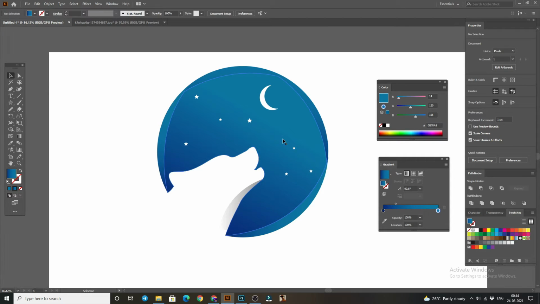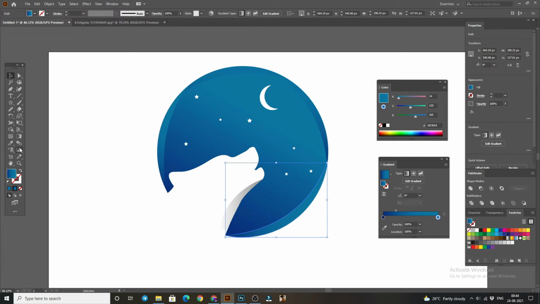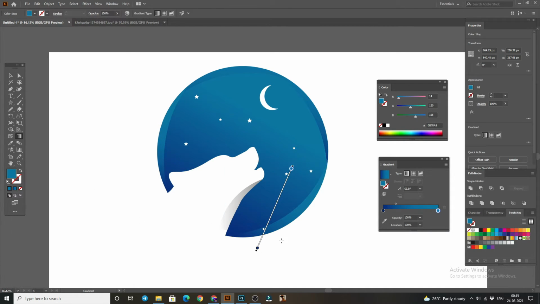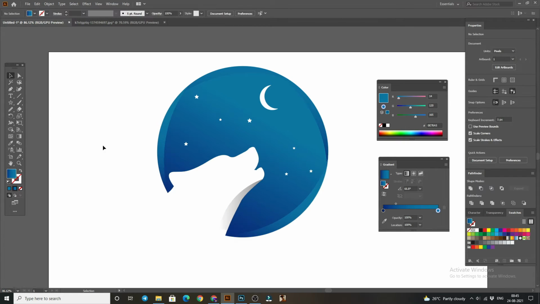We can adjust these gradients according to our need, so there is no issue. And now select it and make the gradient full a little bit. So I think our logo concept is ready.